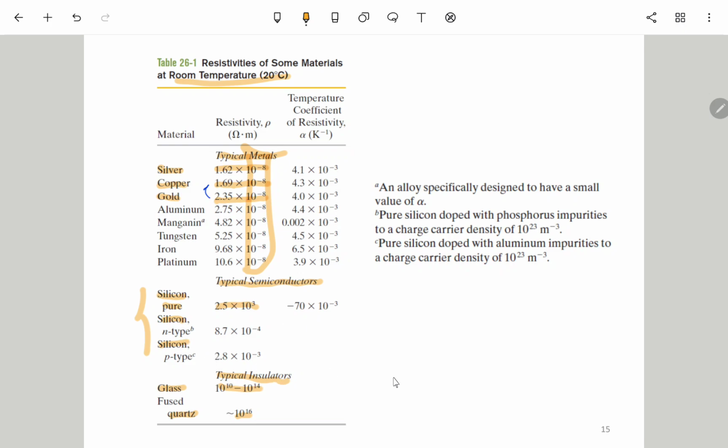But here we have two: an N-type and a P-type semiconductor, N-type silicon and P-type silicon. The resistivity is much smaller, 10 to the negative 4, 10 to the negative 3. So only a 5 order difference. Here we have a 7 order difference. So you can feel that